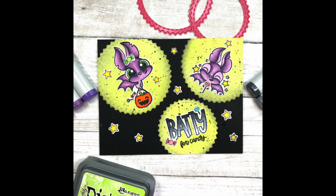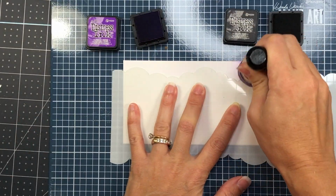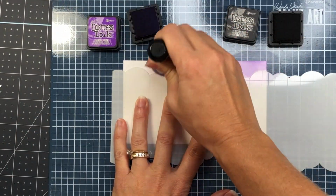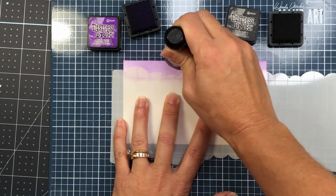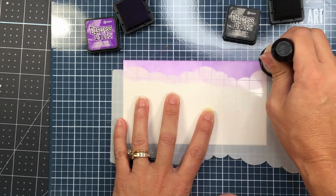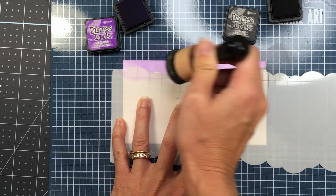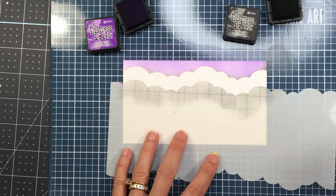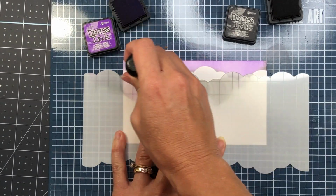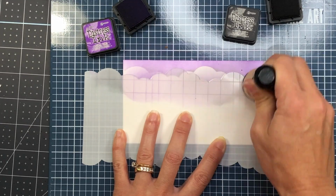card. Moving on, I am going to be creating a mini slimline card. So I have a piece of Bristol smooth cardstock that's cut to 5 3/4 by 3 1/4. And I'm also using a stencil by Fawn. This is their Slimline Cloudy stencil. And I'm using some distress ink. So I have the Wilted Violet, which is the purple, and I have the black Soot, which is the black